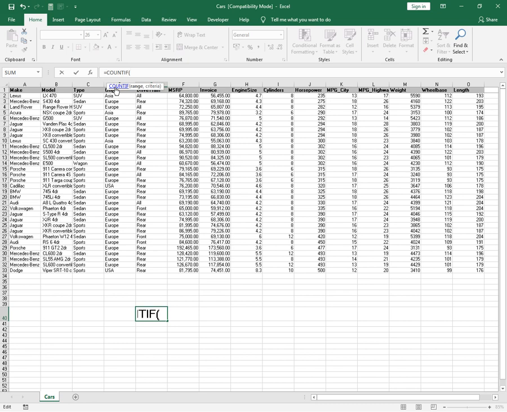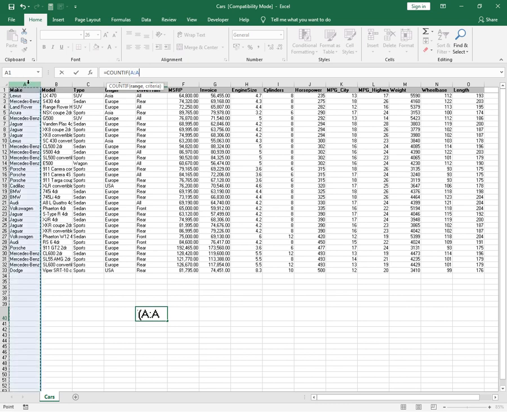It's the CountIf box, which basically prompts that help you to type in what it is you're actually trying to achieve. The CountIf formula is made up of two options. It's made of the range and the criteria. Okay. Range is where you'll be searching. The criteria is what you are searching for. We are searching for the range